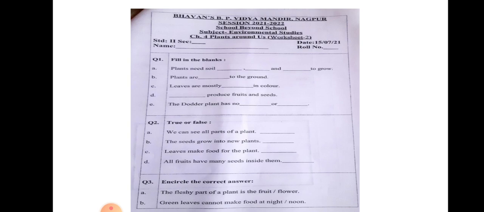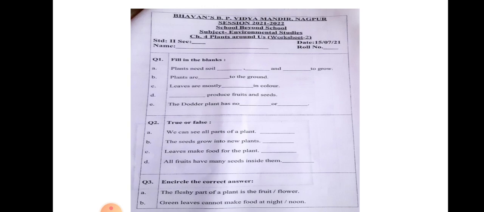Now flowers. Flowers are colorful, give out sweet scent. Then the flower produces fruits and seeds. Who produces fruits and seeds? Flowers produce fruits and seeds. Fruits are the fleshy parts of the plant. And some fruits have seeds inside them. Some fruits have many seeds, some fruits have hardly one or two seeds. These seeds अब क्या करते हैं? ये जो seed होता है, बीज होता है, they grow into new plants. If they receive the right amount of air, water and sunlight, then the seed changes into a new plant.